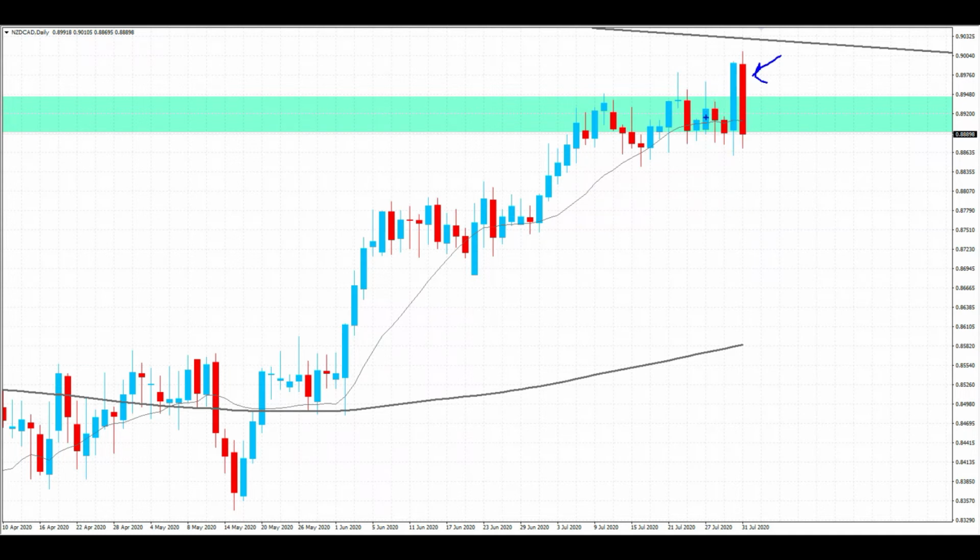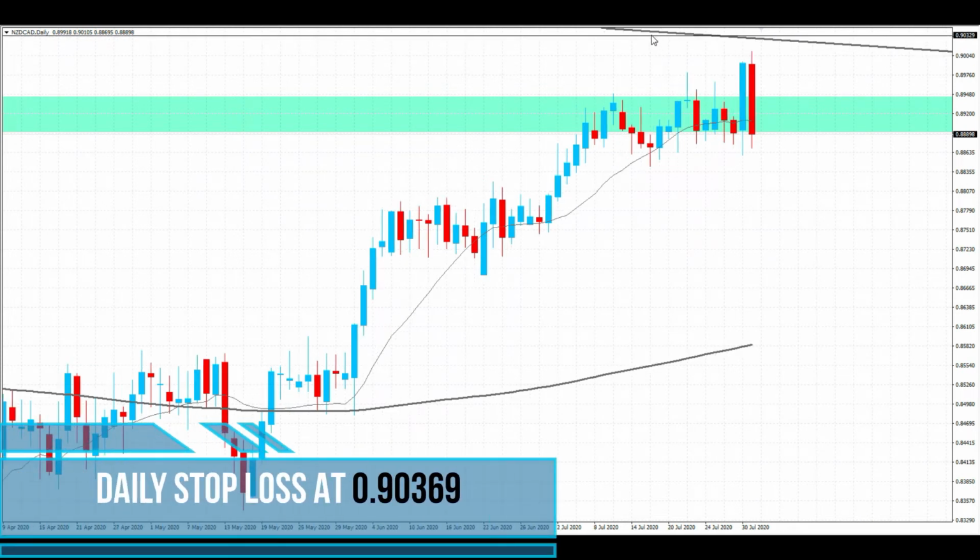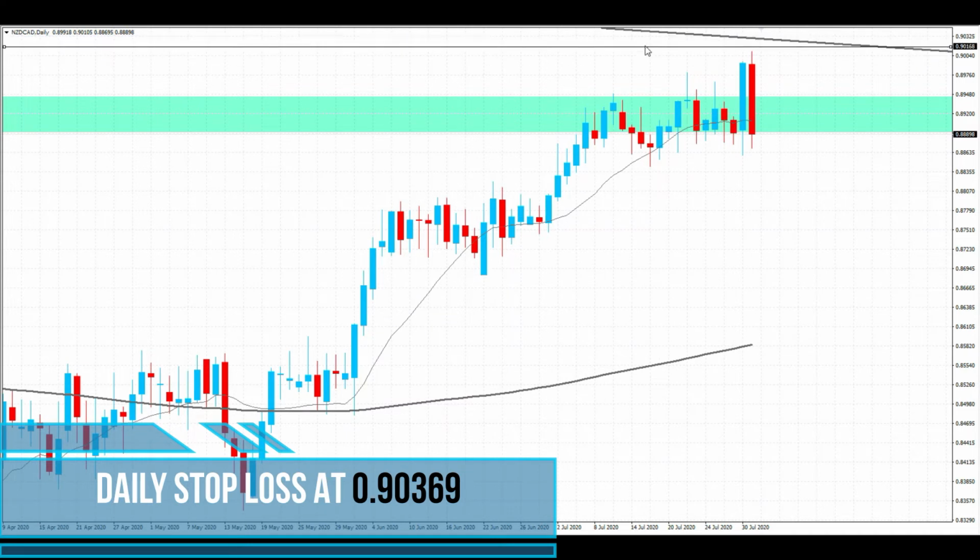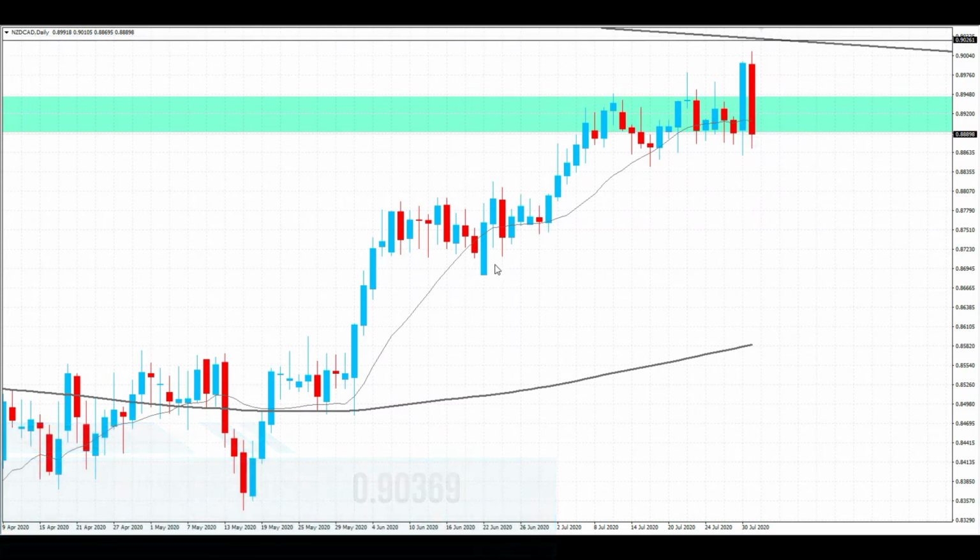So that was a good sign that there was a false breakout, because you can see that the next candle just completely retraced the whole candle, which is a typical pattern. And so now we're expecting the price to continue to the downside now that we have that rejection. But again, if you're looking for a 4 hour time frame, you can wait for price to go find some support, which could be around here, where you can see we have those wicks, and continue to the downside. But if you're taking this from a daily time frame, you'd want your stop loss just above the pattern around there, giving yourself a little bit of room to work with,